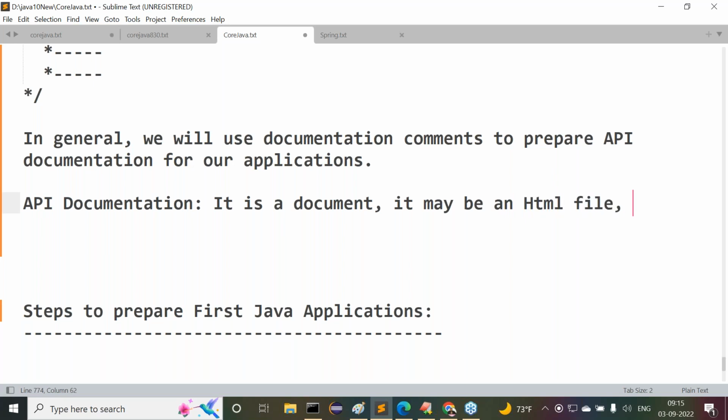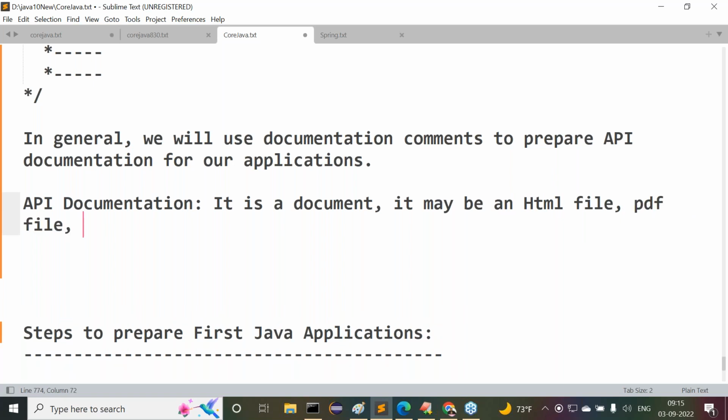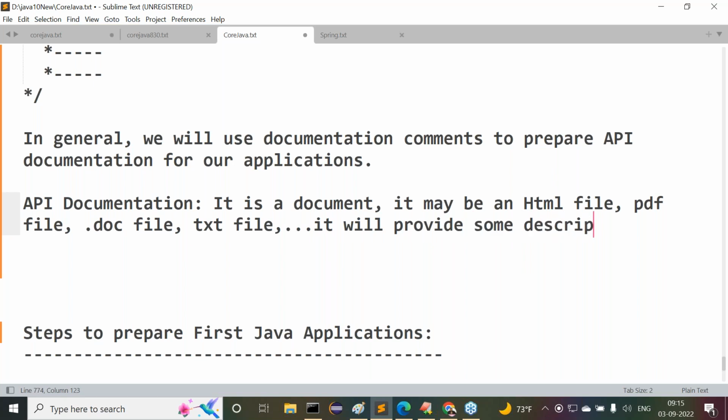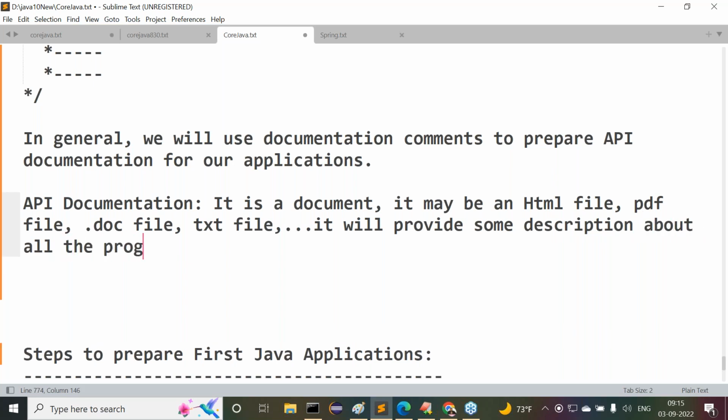It may be an HTML file, or it may be a PDF file, or it may be a doc file, or it may be a TXT file. It may be anything. But what will it do now? It will provide some description about all the programming elements,